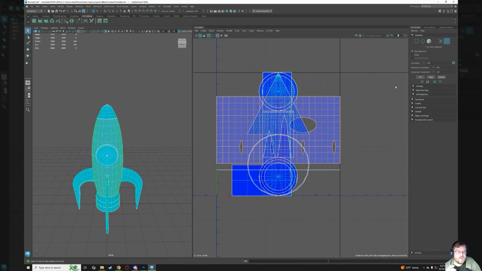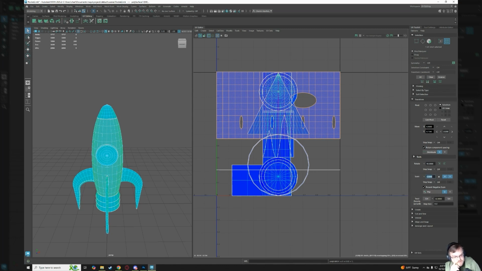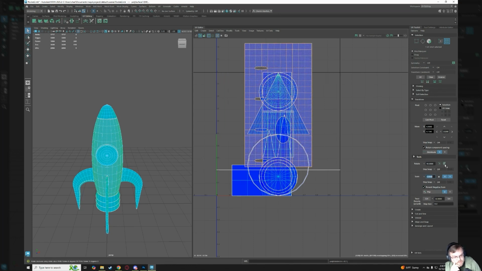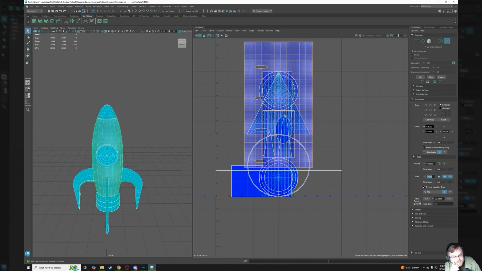And if I select that, I can then move it if I need to using the transform tool here, and we can slide it up and out of the way. You can scale it as well. So if we go to scale, and let's scale it down to 1. Oops. We can rotate it if we need to. We want to keep it inside of this 1 by 1 square. Otherwise, we have multiple map